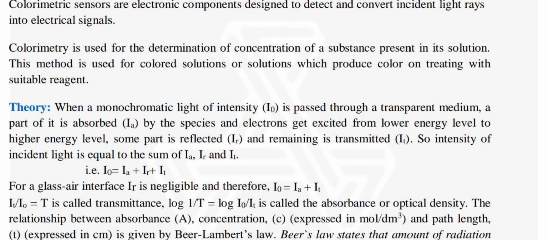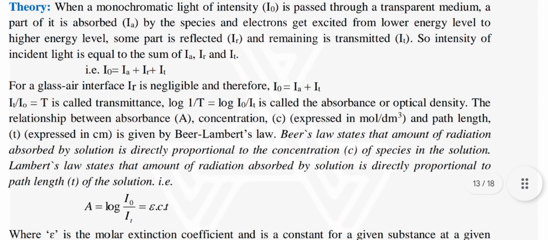Colorimetry is used for the determination of the concentration of a substance present in its solution. This method is used for colored solutions, or solutions which produce color on treating with a suitable reagent. Theory: when a monochromatic light of intensity I0 is passed through a transparent medium, a part of it is absorbed,